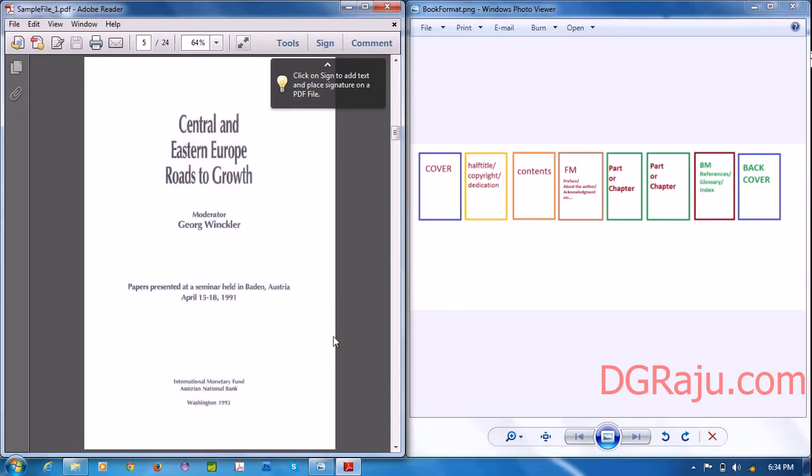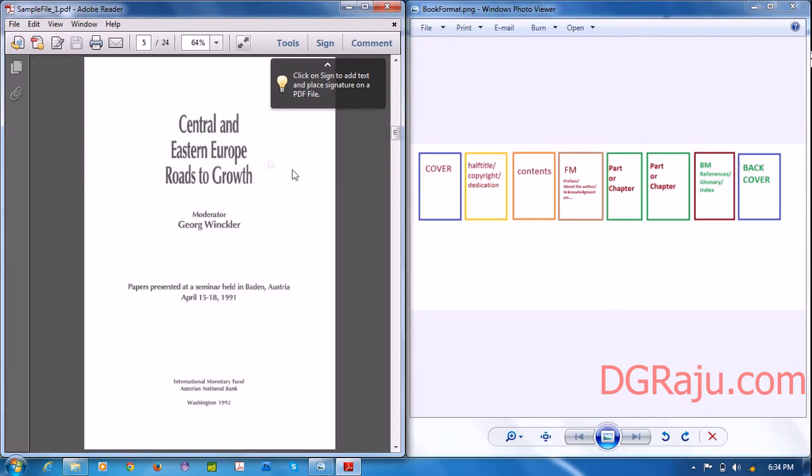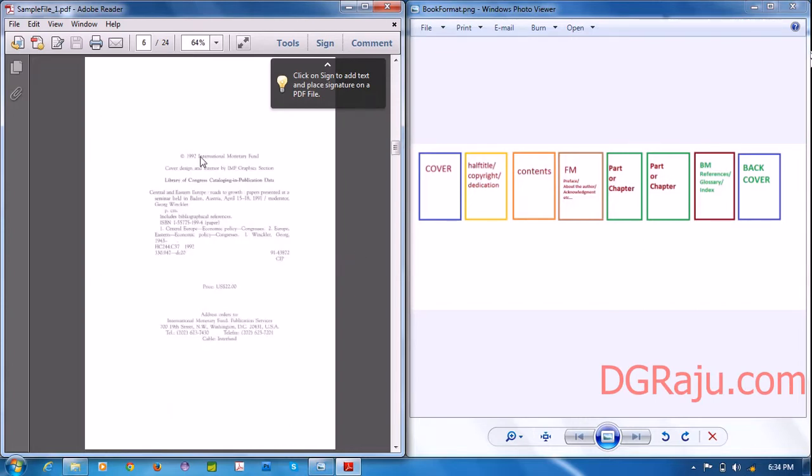What is the difference between the half title and title page? The half title page has only title information, but the title page has title information, author information, and publisher information. After that, it has copyright: which year it was copyrighted, who copyrighted this book, like this type of information.